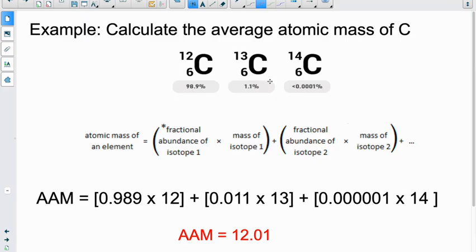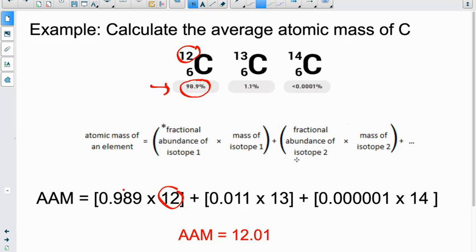We want to find the average atomic mass of carbon. Carbon has 3 isotopes, and here are the abundances. So the formula tells me to take the fractional abundance of isotope 1. In this case, my abundance is 98.9%. I'm going to convert that into a decimal. How do I do that? You divide by 100. So that 98.9 becomes 0.989, times 12, which is the atomic mass or the mass number